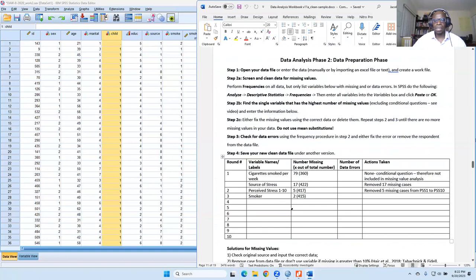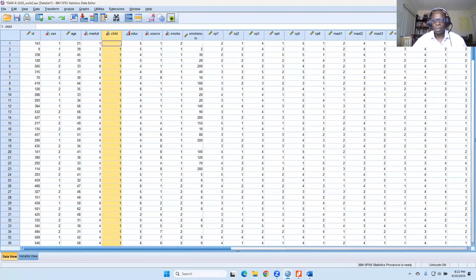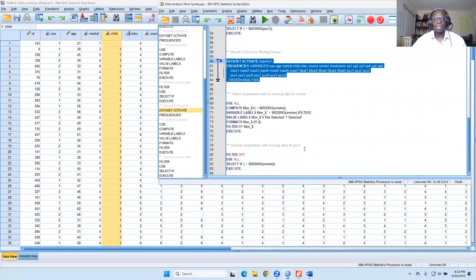So let me go back here and I'm going to say for smoker, removed 2 missing cases from smoker. Okay, so now we're in round 4. So we're going to go to our syntax.